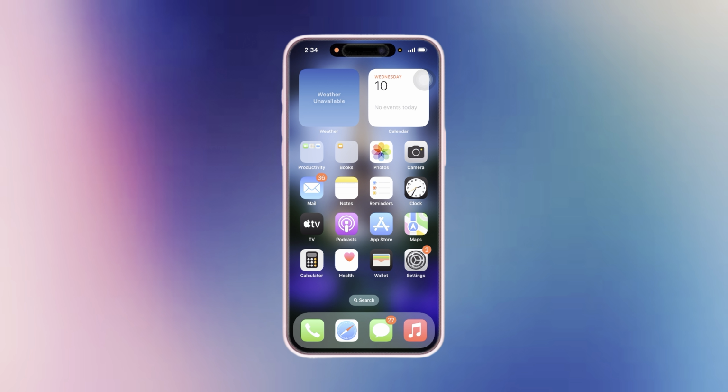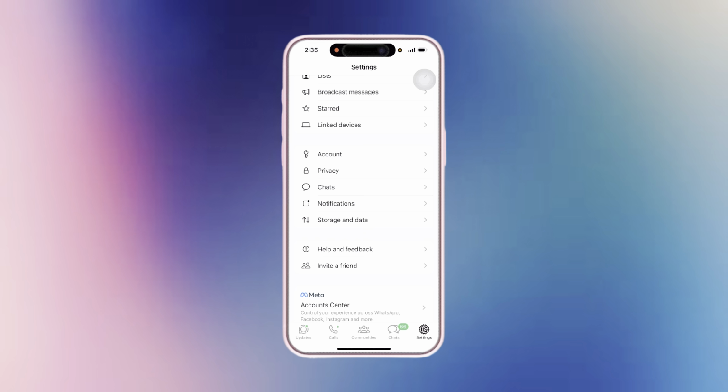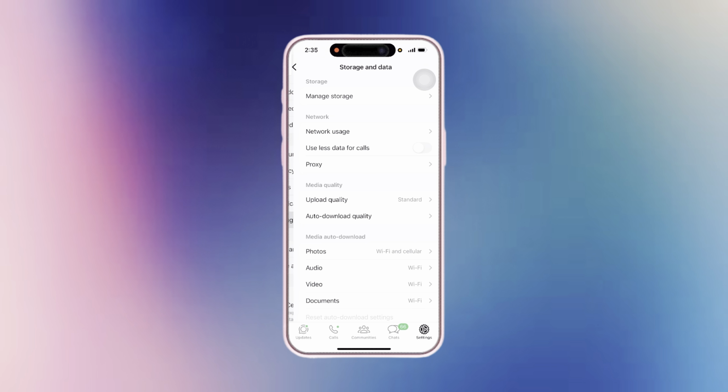Now you can see over here chat. Click on chat and you can see save to photos. Now turn on this toggle over here, and once you are done, just go back, and once you go back, you can see storage and data. Click on storage and data,